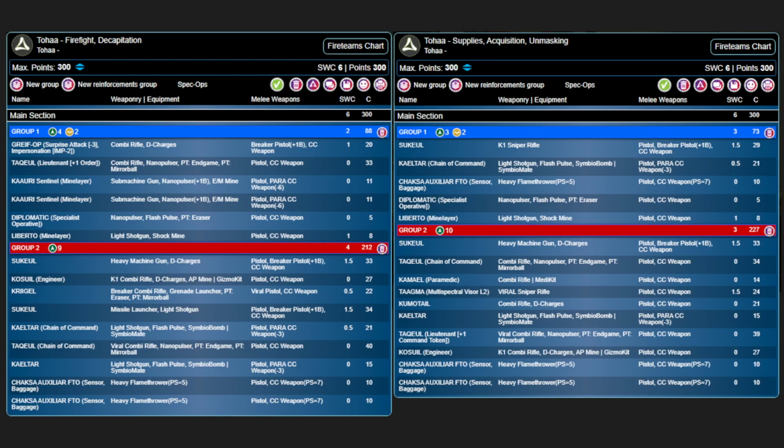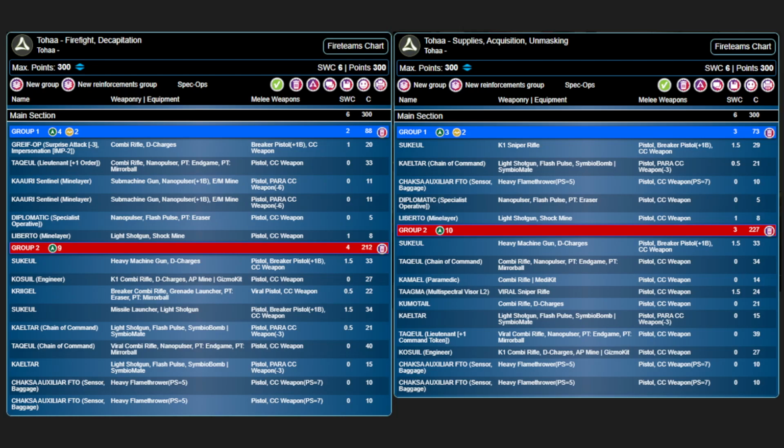You're an emotional support Kael'tar because the tack wheel really wants to be rolling 2 dice for mirror ball, 3 dice for endgame, 4 dice for the viral combi. It wants to go forward and press buttons and do the mission and all of those very like lay smoke, all of those various different things. Obviously not press buttons, it's a decapitation list, but you get the idea. And then eventually probably pull back to the comfort of its baggage, which we have 2 of those,